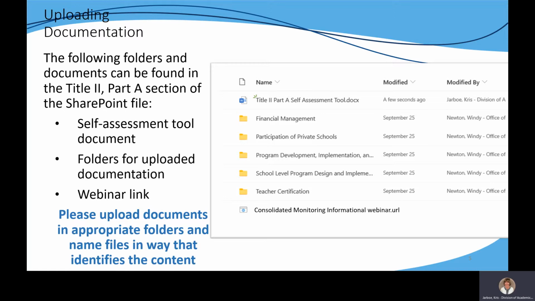Also in your folder will be the self-assessment tool, which I'm going to explain in just a minute, that we hope you'll use to guide your thinking through the process, and also as a checklist to ensure that you are looking at each section in detail. Also in this library will be a copy of this video in case you need to refer back to it